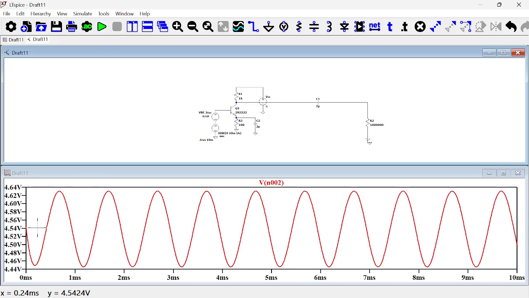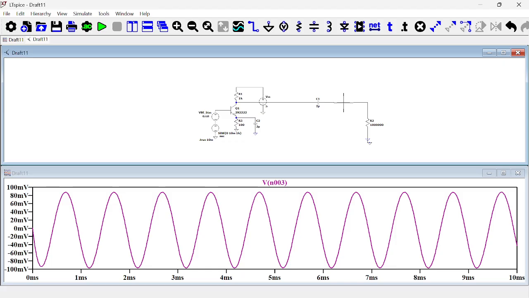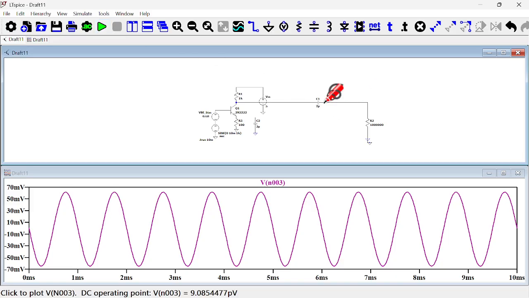So I think I should have my 80 millivolts with a bypass capacitor. Without a bypass capacitor, my AC gain reduces. Okay, I never ran it, sorry. So after running it without a bypass capacitor, my AC gain has now reduced. So let's see how the emitter resistance also affects the